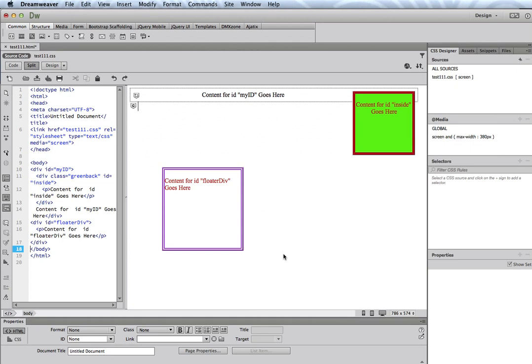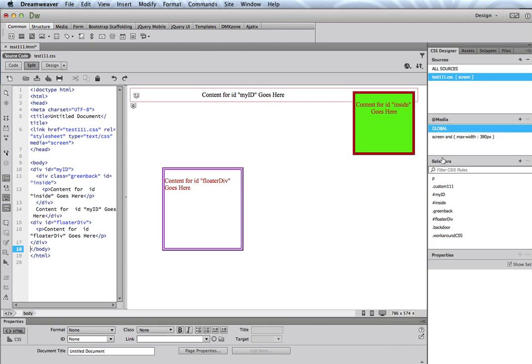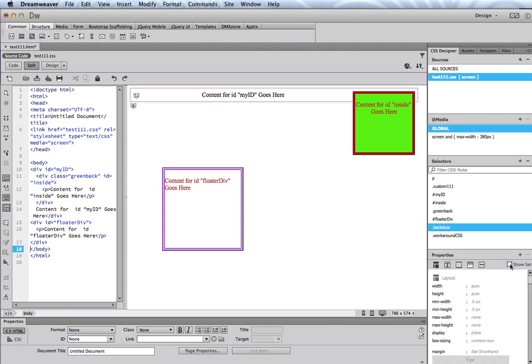In this demo, I'm going to show you how you can access the older style panel, if you will, for working with CSS. With the new CSS designer, you have to basically go down the hierarchy till you get to properties. For example, I have an existing file here with a style sheet, and I have two media queries here, and I'll just go on global. And if I was to select any one of these, then I can see the properties,